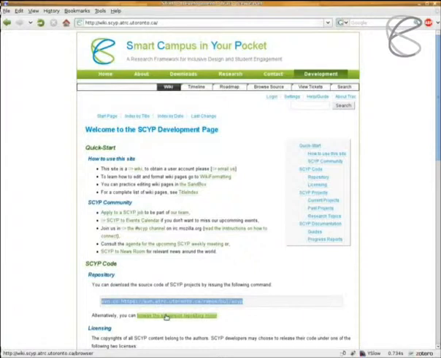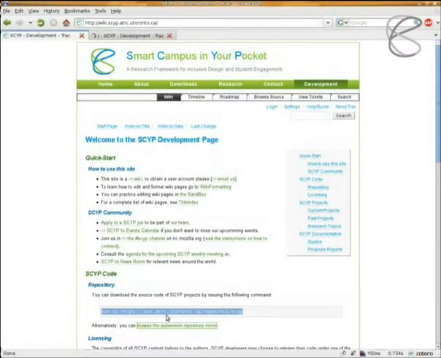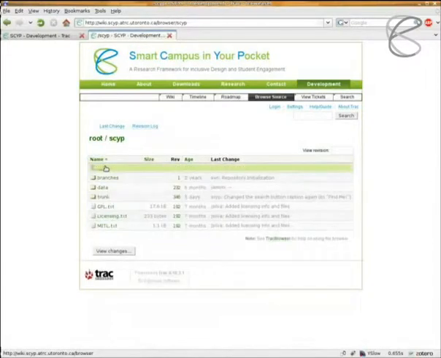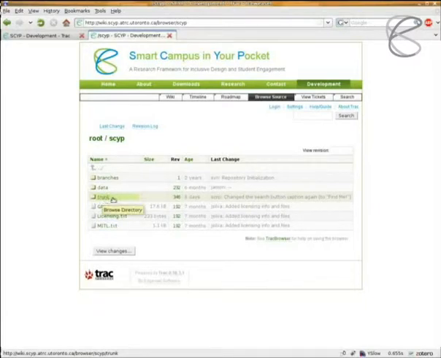And you can actually see through Trac that this tab, Browse the Subversion repository, you can open this up in a new tab and you can browse the repository through Trac. And so it's a good idea to just check that to make sure you're in the right spot. So go into the trunk directory,